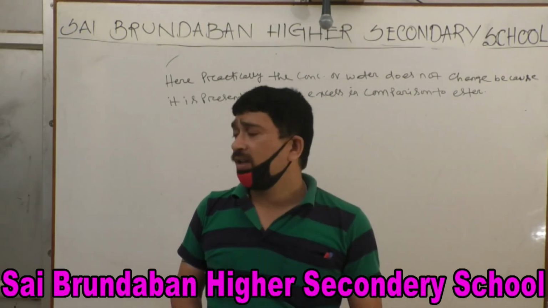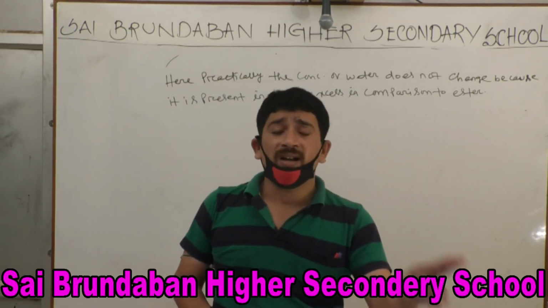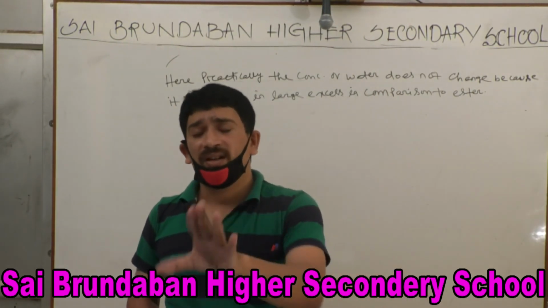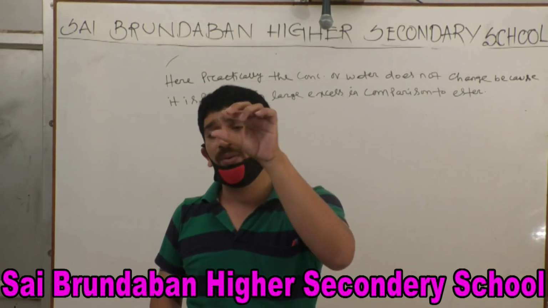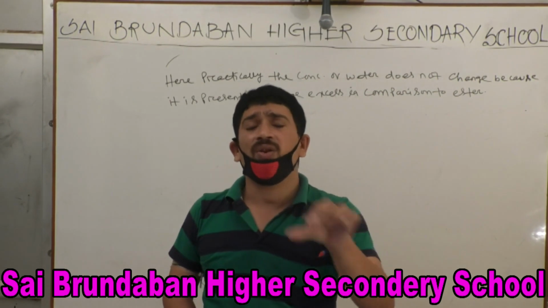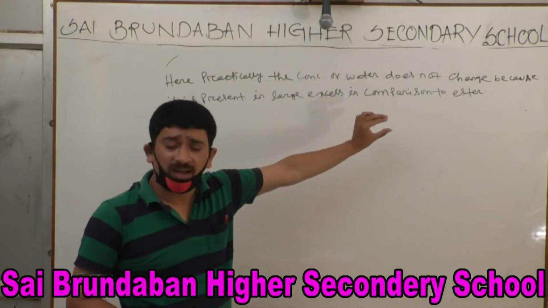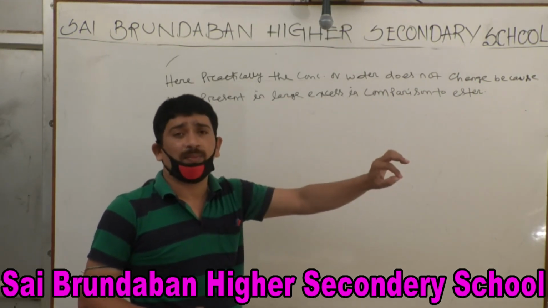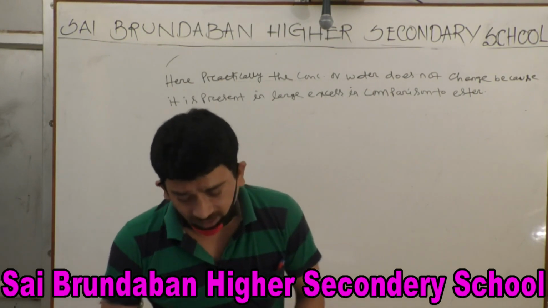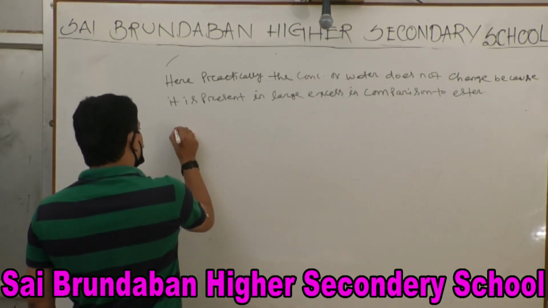Pseudo means small. The chemical reaction in which molecularity is 2 and order is 1 is called a pseudo first order reaction. Simple definition: the chemical reaction in which molecularity is 2, order is 1, is called pseudo first order reaction. Then you write the example only. Clear? You will be asked to define pseudo first order reaction and give one example. You can write it. Then another point, he may put this question this time: